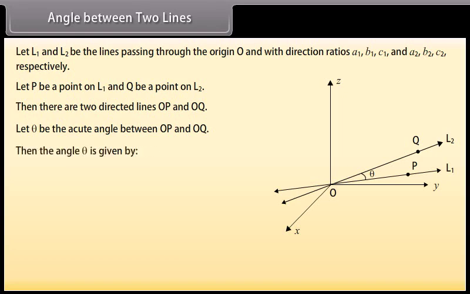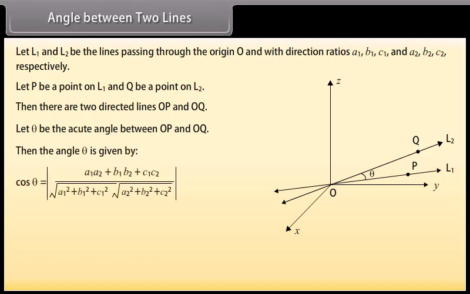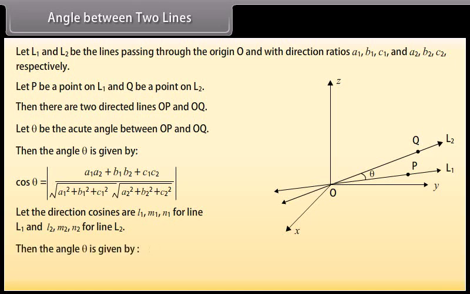Then the angle theta is given by cos theta equals modulus of (a1 a2 plus b1 b2 plus c1 c2) divided by the square root of (a1 square plus b1 square plus c1 square) into the square root of (a2 square plus b2 square plus c2 square). Let the direction cosines be l1, m1, n1 for the line L1 and l2, m2, n2 for the line L2. Then cos theta equals modulus of (l1 l2 plus m1 m2 plus